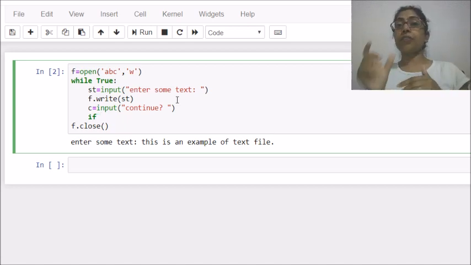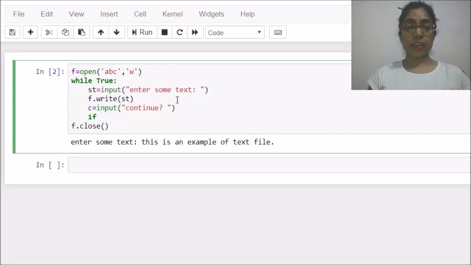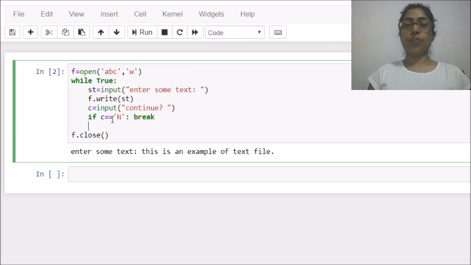So I have to write a condition to break the loop. I will write here that if this character C is equal to, let's say, n, if the user says n, then I will break the loop. Otherwise the loop will keep on asking for data from the user.